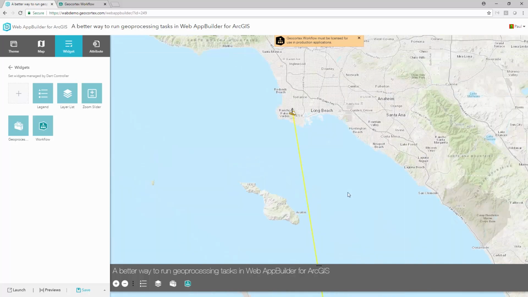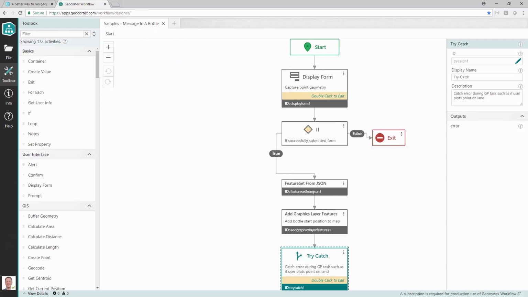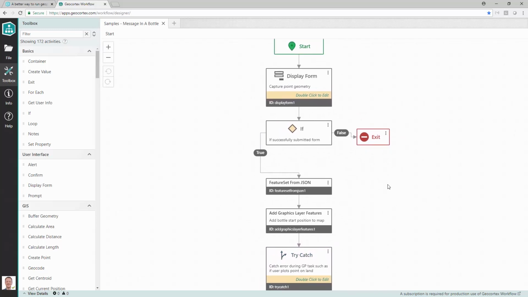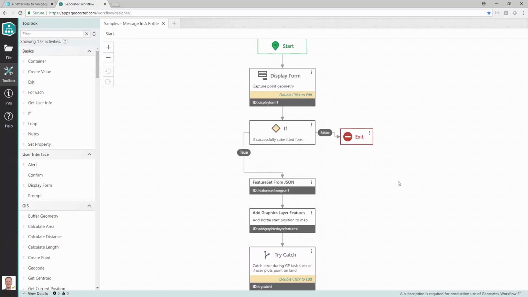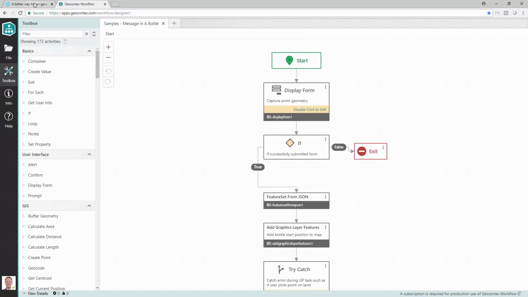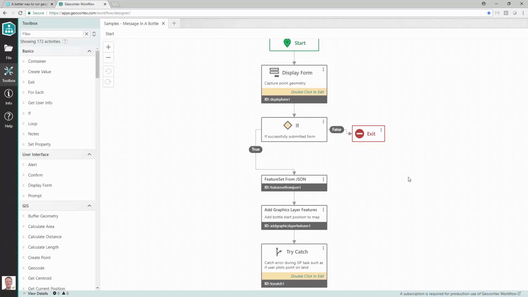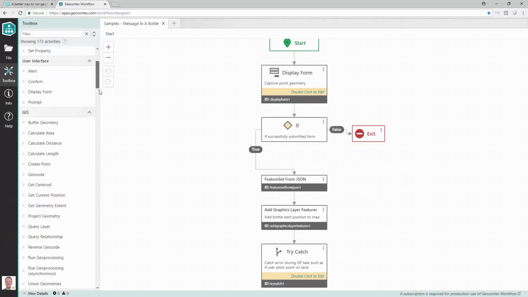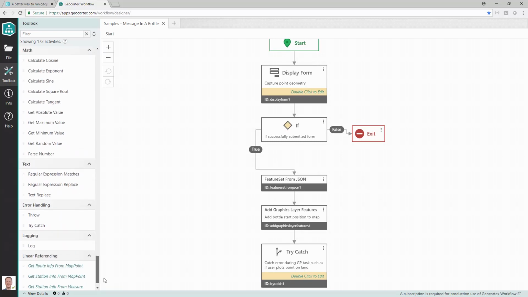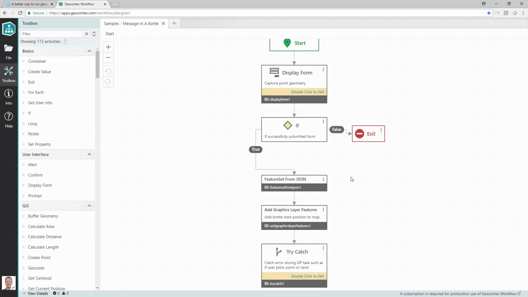You can imagine though, in a real world example, if you wanted to trace this line and do a buffer and select some parcels and things like that. Those are all things that you can do with workflow that aren't exactly easy to do without writing your own custom code, and you can run into difficulties with upgrades and things like that, right? So a lot of automation can be done with workflow as well, and you can have almost 200 activities here to choose from that all complete various tasks and functionality. So it offers a lot of flexibility,